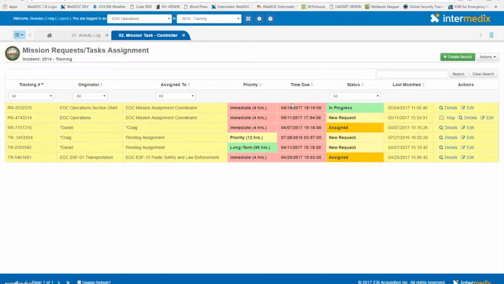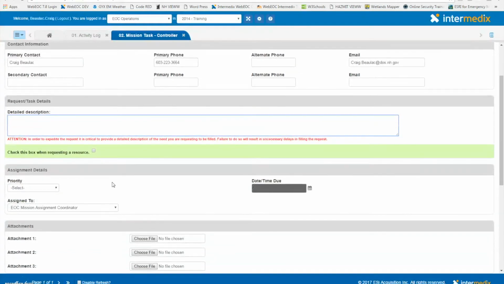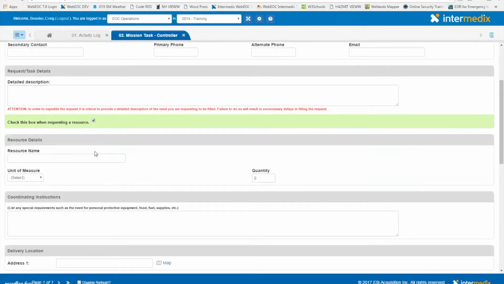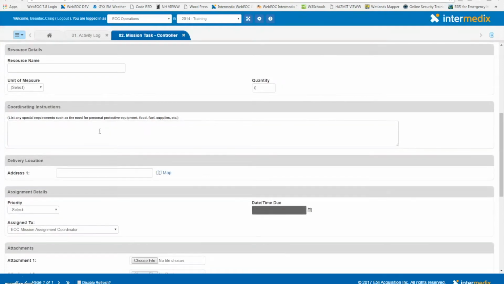To create a new mission task, click on Create Record located at the top right-hand corner of the screen. From there, you'll notice your contact information is already filled out. If you are not the contact for the mission, please change this accordingly. Below, write a detailed description of your mission. If you are requesting a resource, check off this box here, fill out the resource name, the quantity and unit of measure, any special instructions,